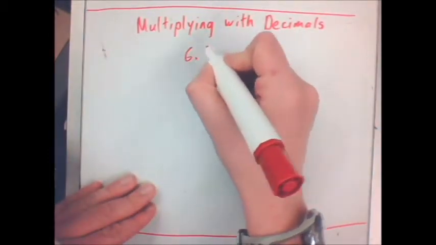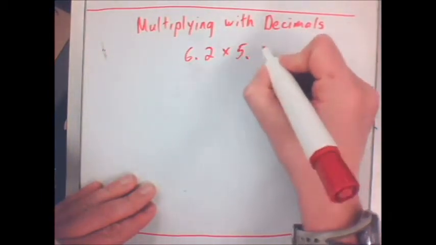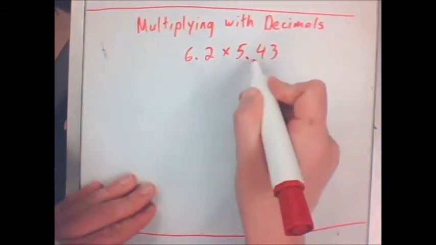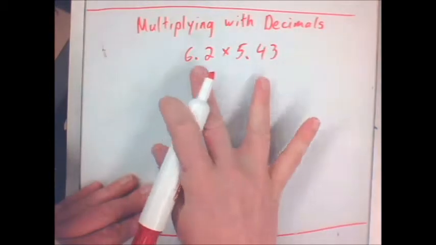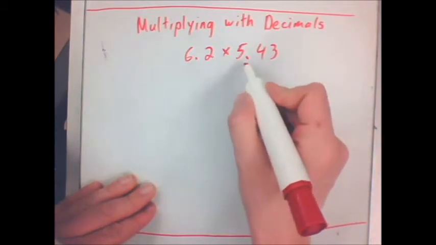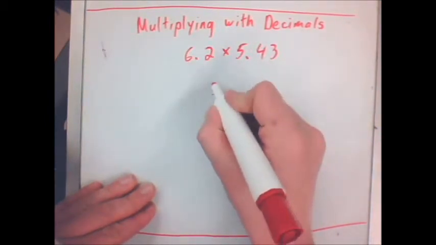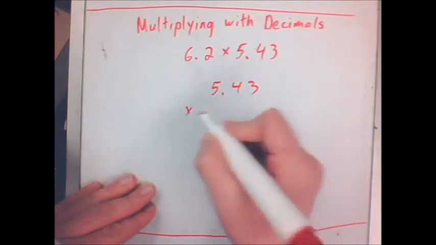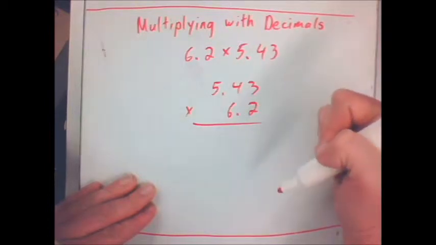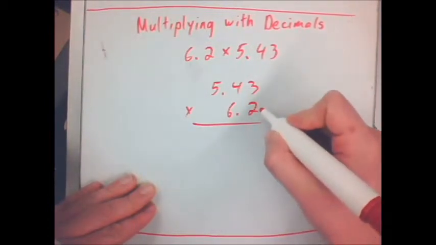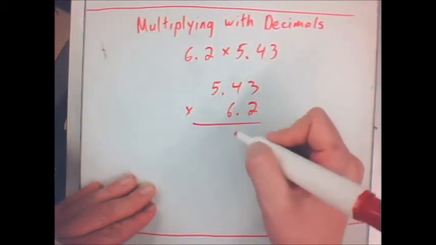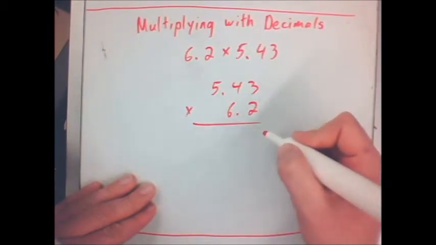So say I did 6.2 times 5.43. In this case, this number has more digits, so I can choose to put this number on the top. With multiplication, it doesn't matter the order. Subtraction, it really does. Multiplication, not so much. So just to make it easier on myself, I'll put the number with more digits on the top, 5.43, and then on the bottom, I'll put 6.2. Notice that I didn't line up the decimals here because it doesn't matter. In multiplication, I think about this number 2 on the bottom, and that becomes more important than lining up the decimals. Later on, the decimals become important, but while I'm doing the multiplication, I'm going to just ignore the